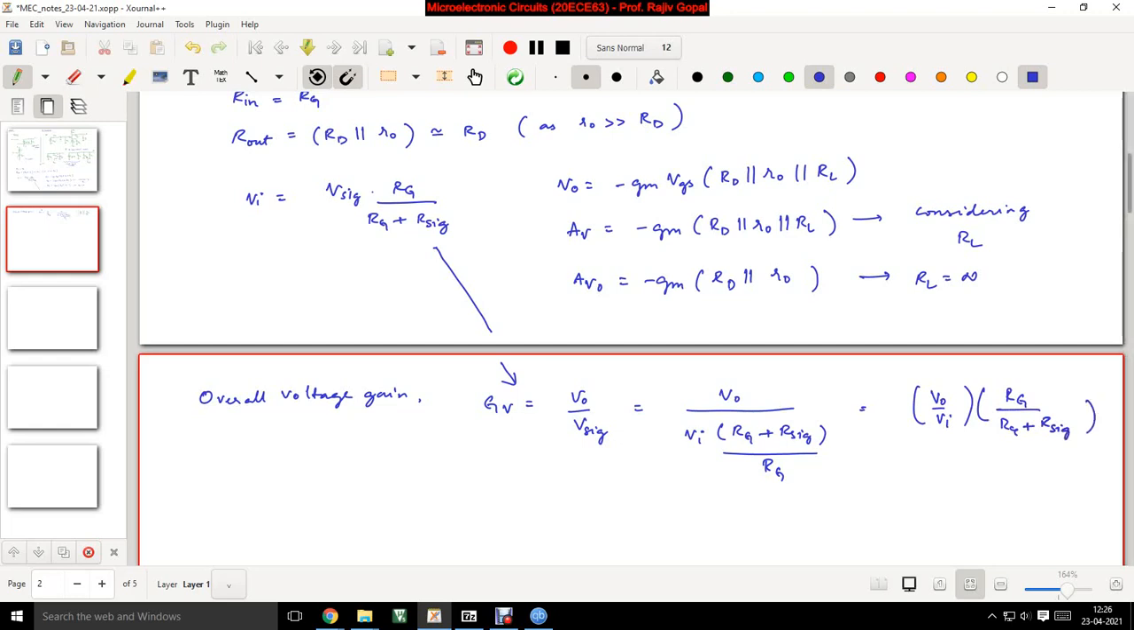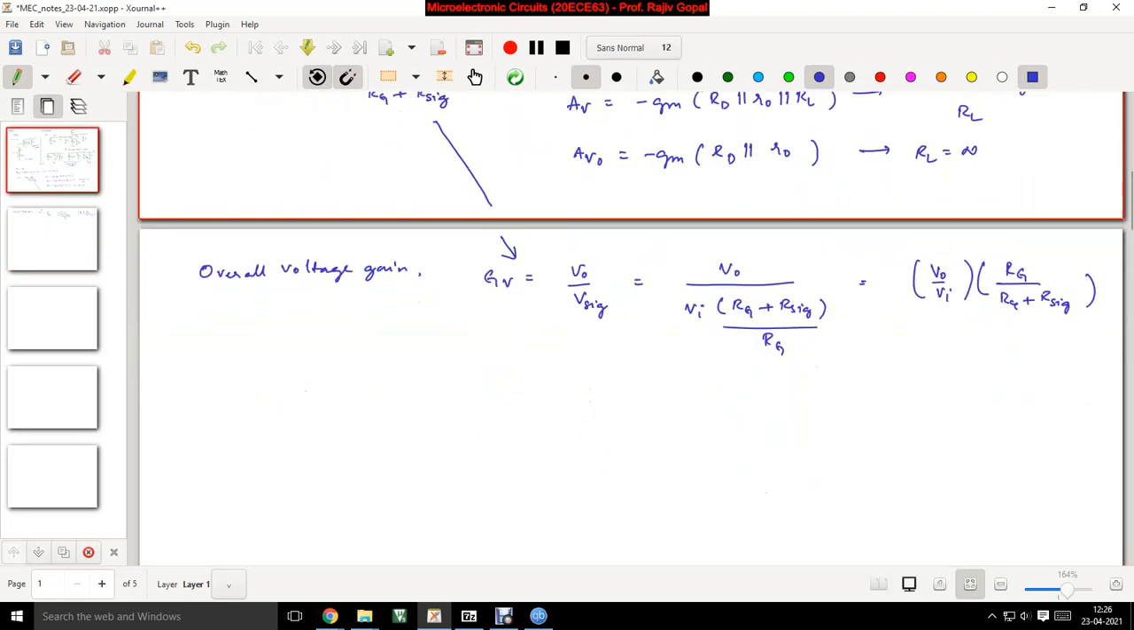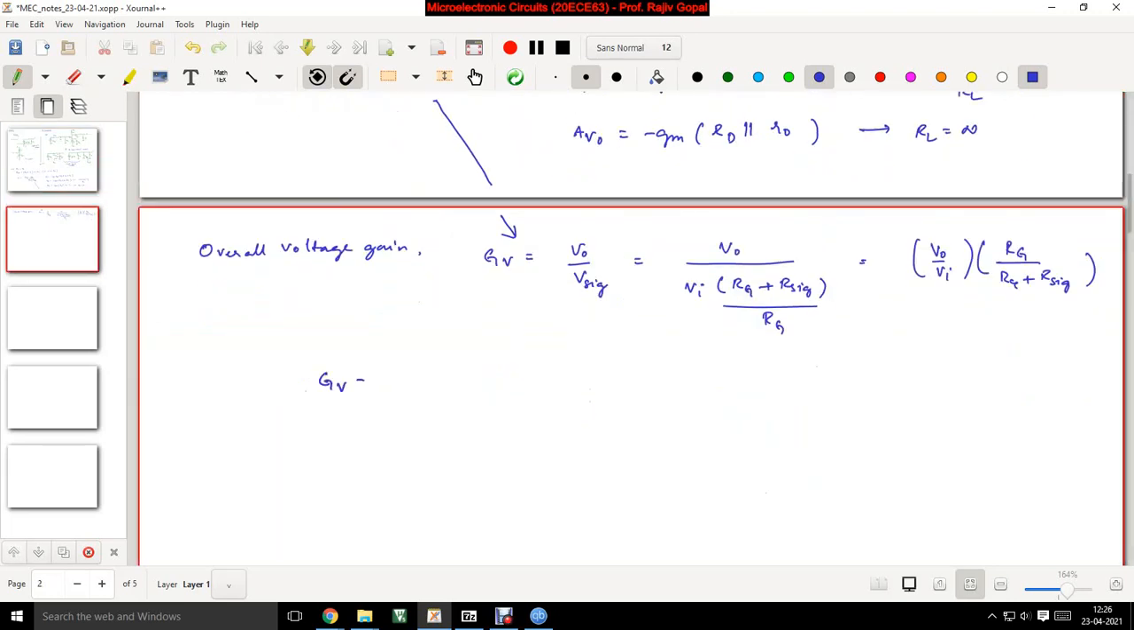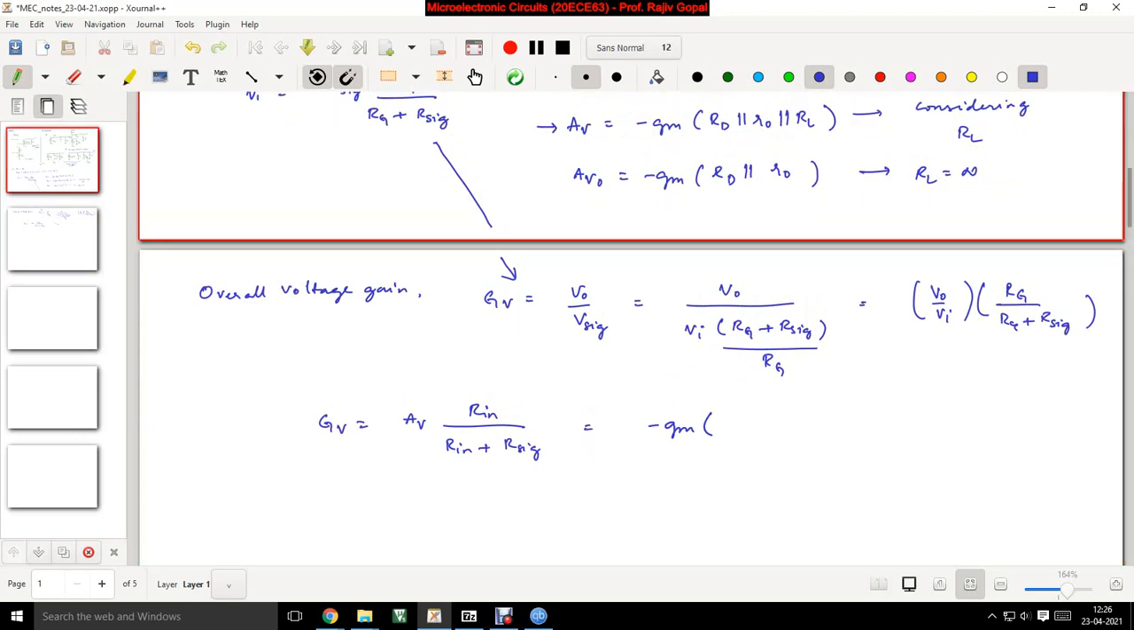Now Rg, I know it to be Rin, so I will replace Rg with Rin. So I will get GV is equal to V naught by Vi, which will become Av into Rin by Rin plus R signal. And if I write it in terms of open circuited voltage gain, I will just replace this Av with this, then minus GM RD parallel R naught parallel RL into Rin